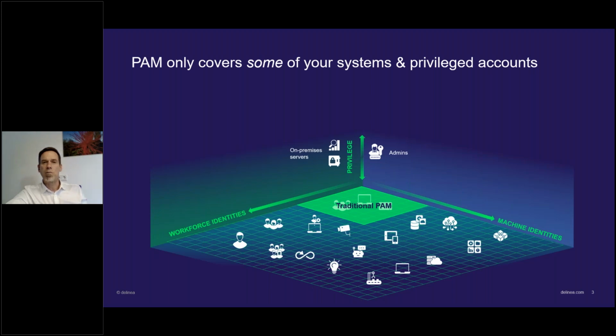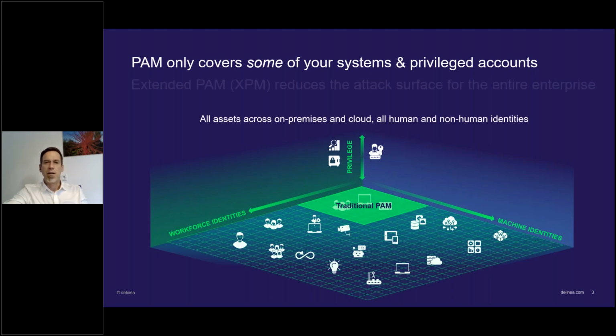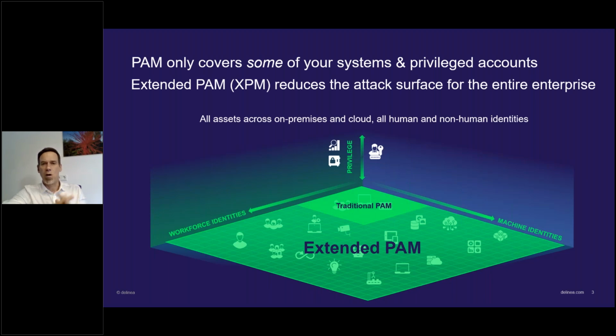So what we started, at the beginning of Q2 of this year, we invented something. We tried to say, move away from this traditional PAM, think broader, wider, and take care of everything that you have in a network, and include everything. It might not be the first step, but over time, try to include everything into privilege management. This is what we call extended PAM, and this includes, of course, the world of cloud.